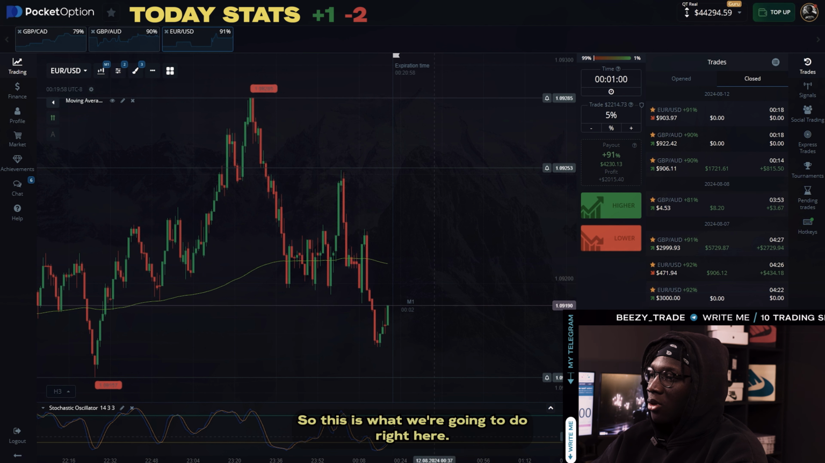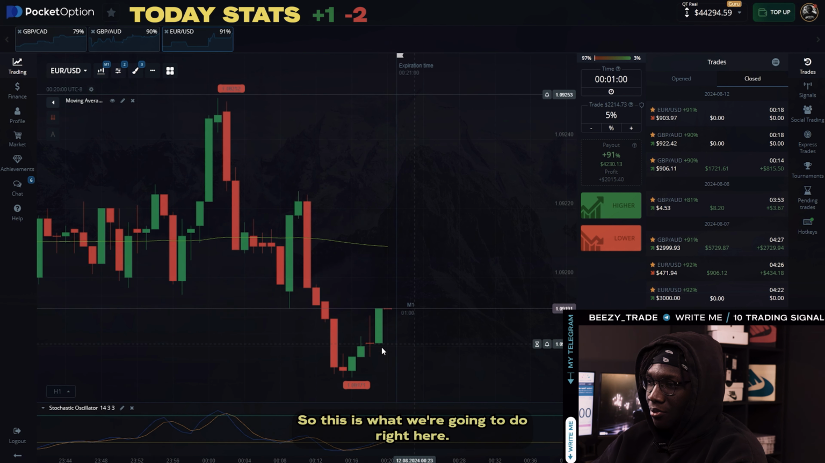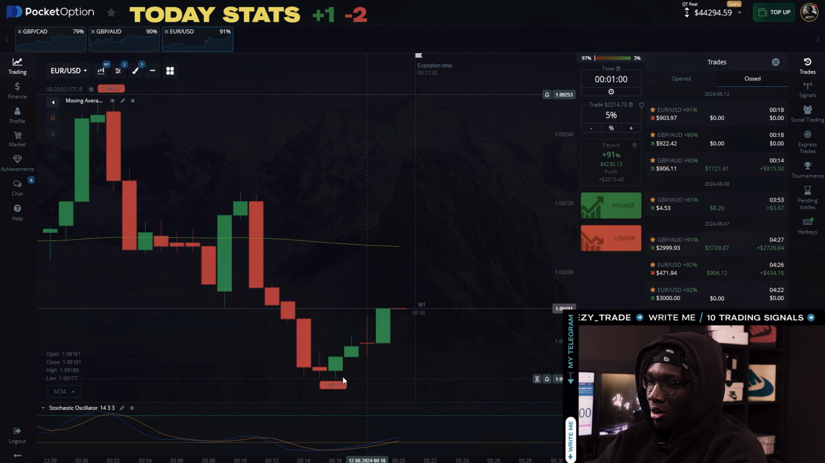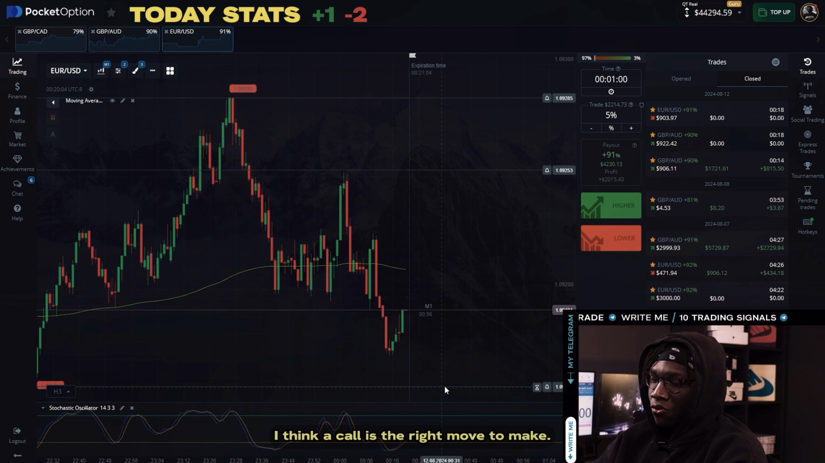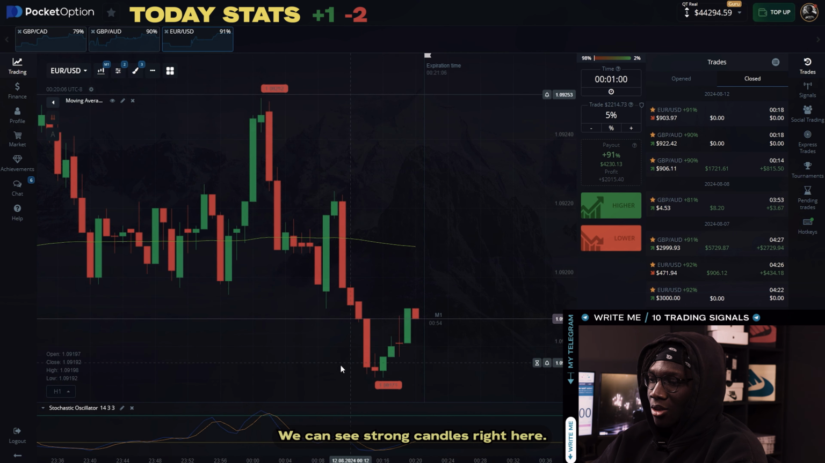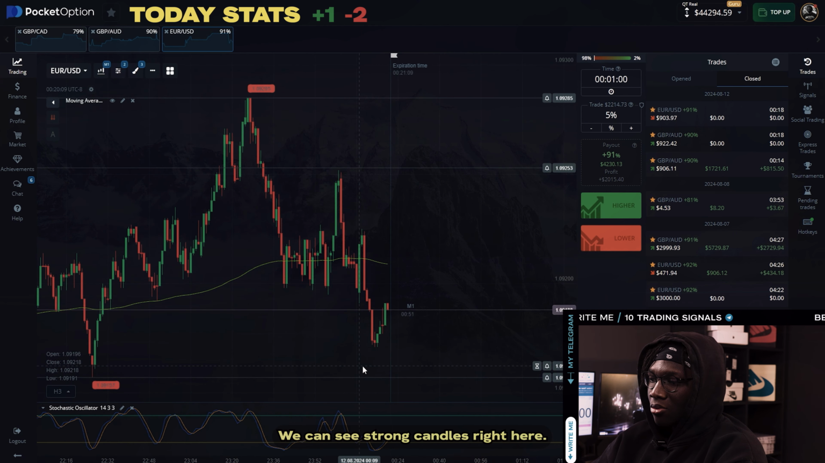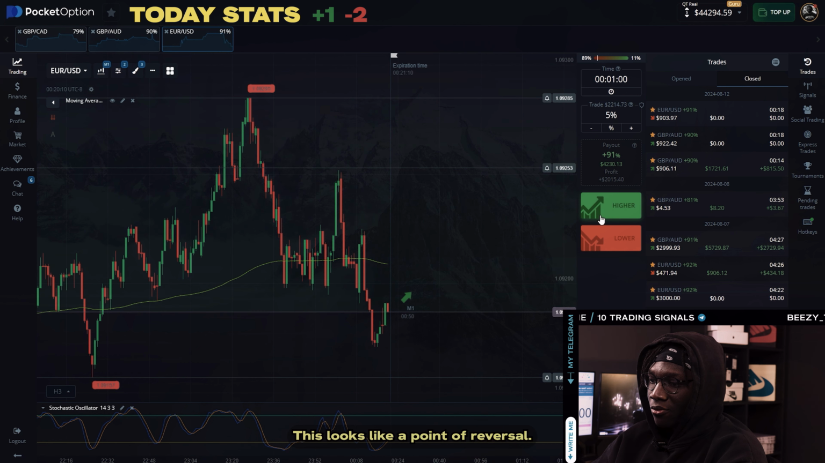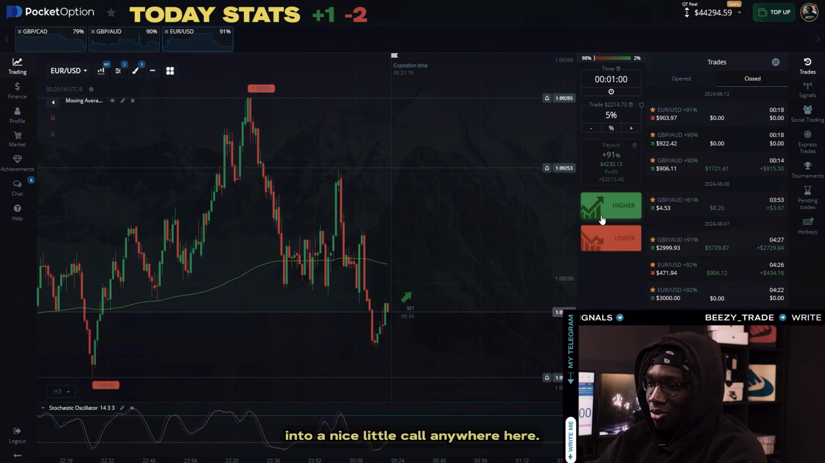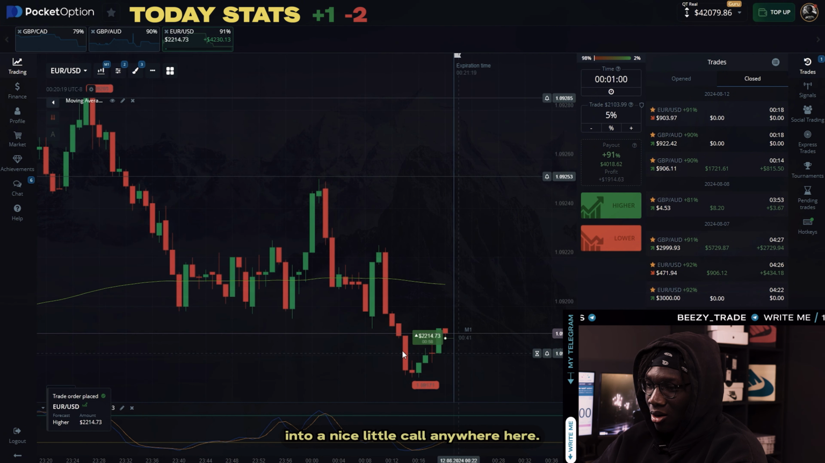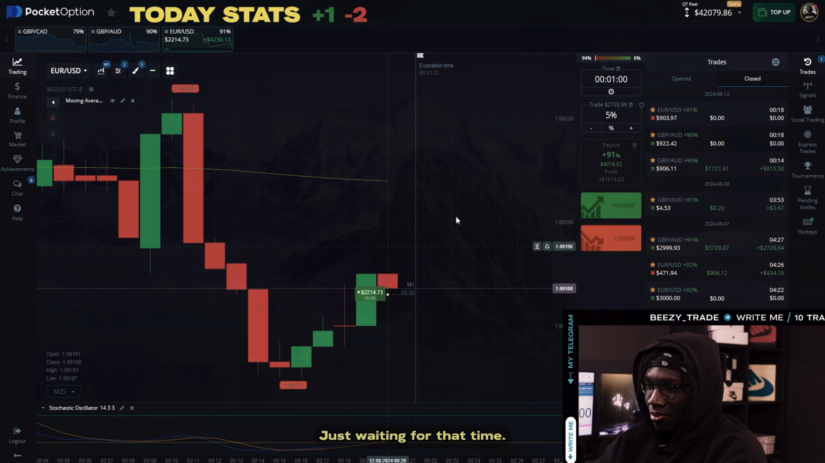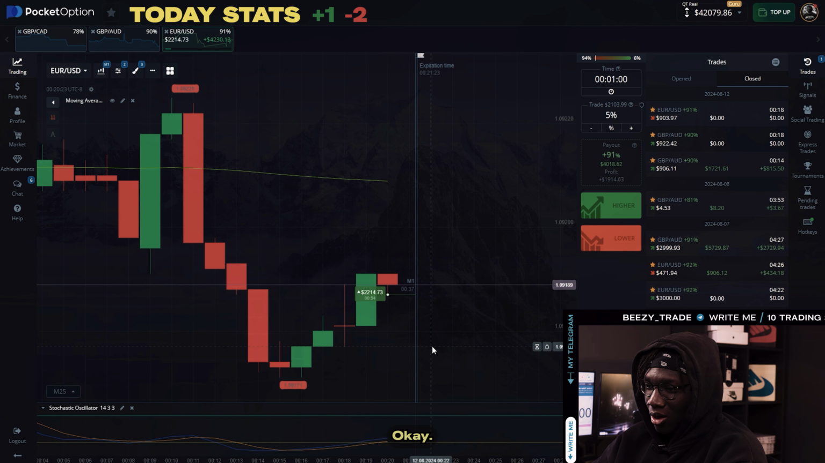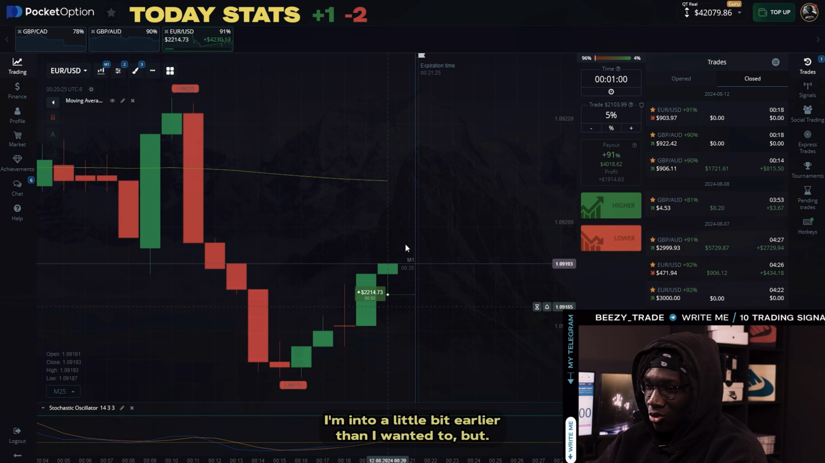All right, so this is what we're gonna do right here. I think a call is the right move to make. We can see strong candles right here. This looks like a point of reversal. So I'm just gonna try to snipe my way into a nice little call anywhere here. Just waiting for that time. Okay, I'm gonna enter a little bit earlier than I wanted to, but